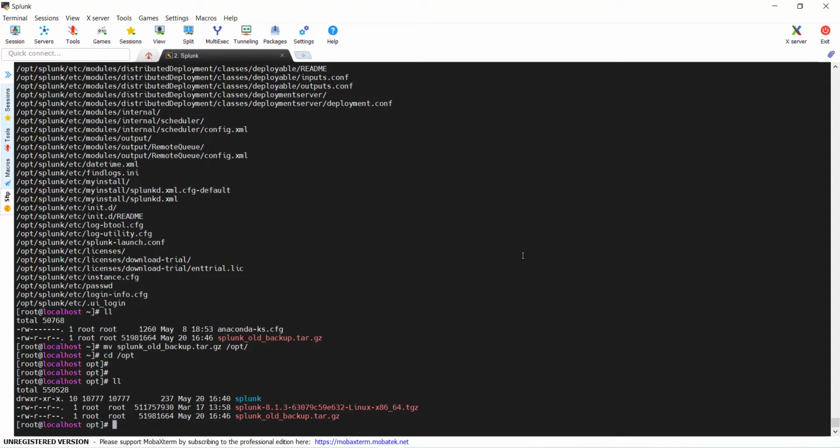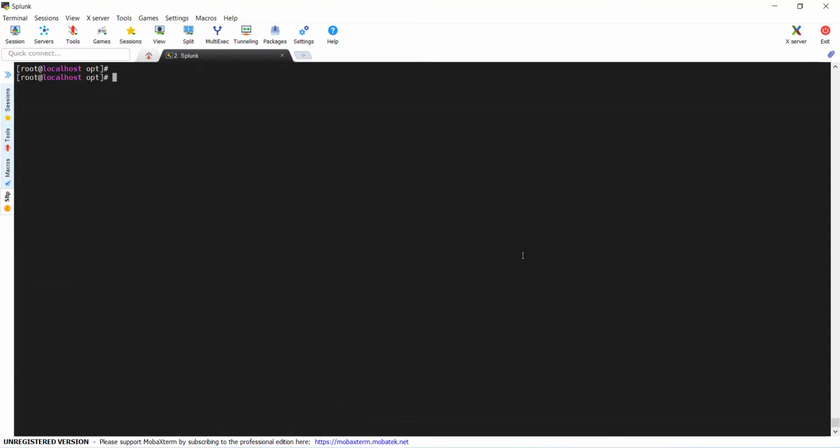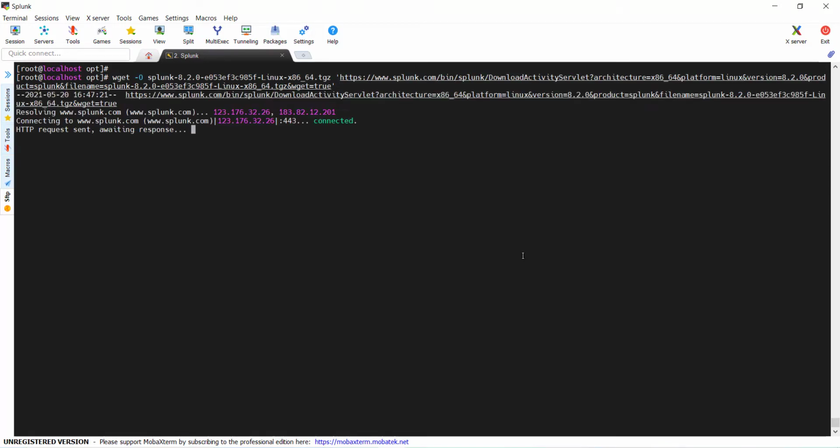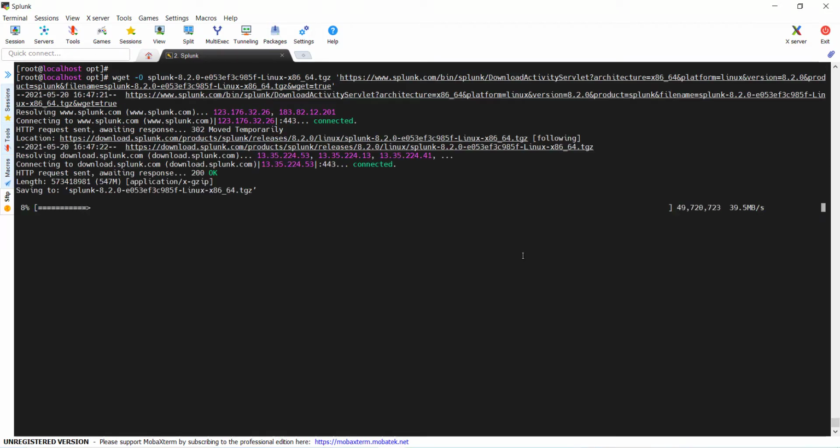This is the place where I will be installing the Splunk. The Splunk is getting downloaded.